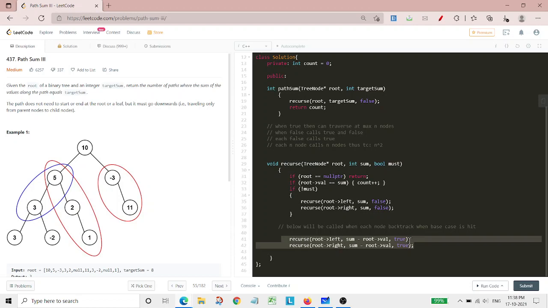At that moment it will pass that bool must variable as true, and then it won't enter this particular if condition, and it will again call these two functions, and like this we will be able to traverse our whole tree node by node.